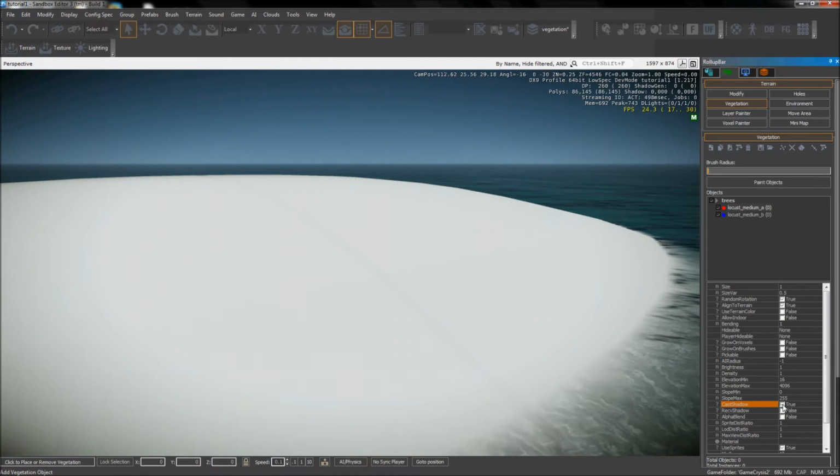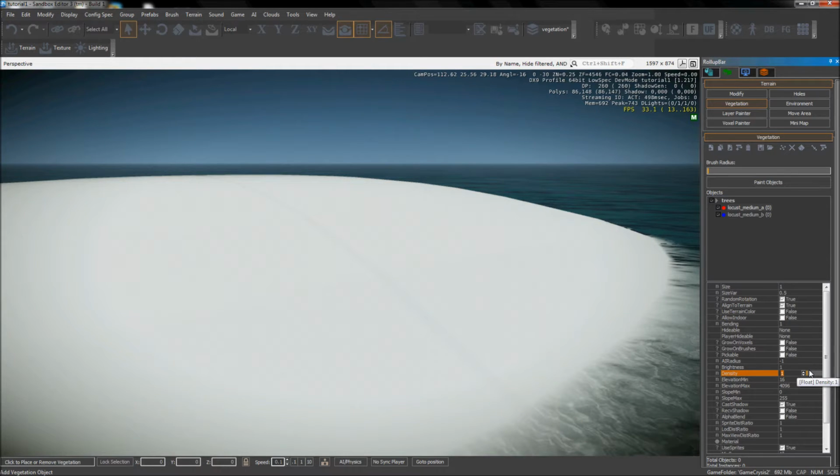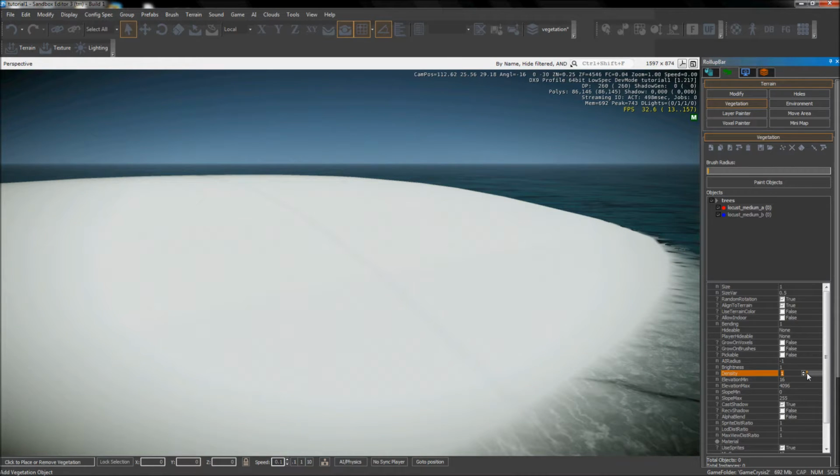And then the other really important thing is this density category up above that. So this took me a little while to figure out at first, but the higher the density number, the less of this object type it will place. So it's set at 1. If I wanted to place more per unit area, I would make that number lower. If I want to place less per unit area, I'll make it higher. So I'm going to go ahead and change density to 5